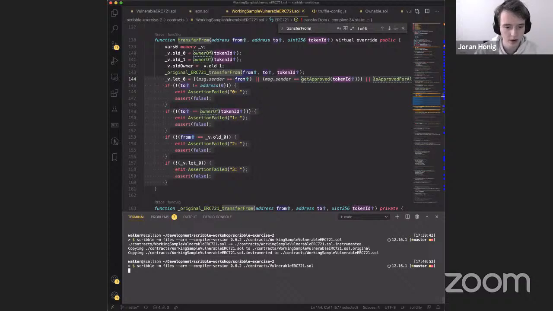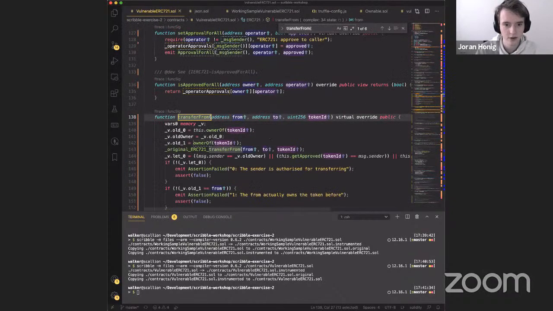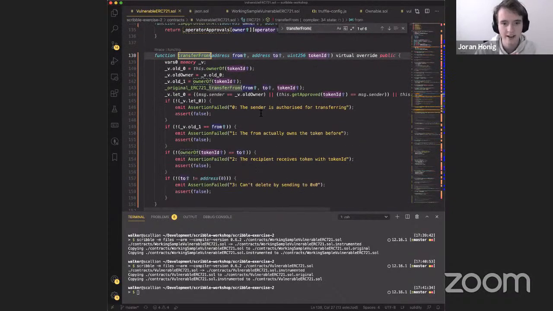Here's example 1. So we do the same thing there with my pre-made setup. You can look for the same transferFrom function, and you see here really the only difference is that I actually did the effort of writing the property descriptions. Now we can submit this to Mythx